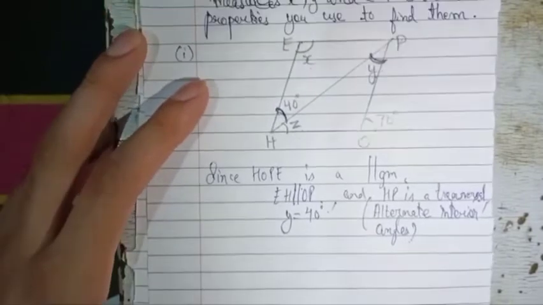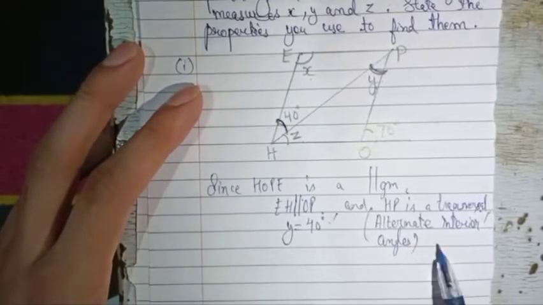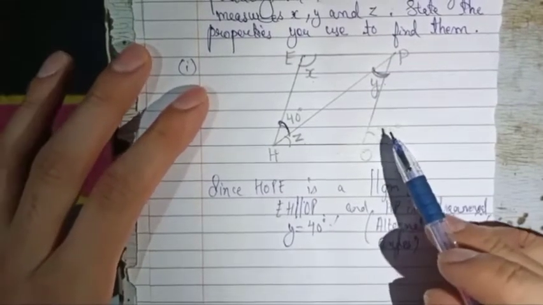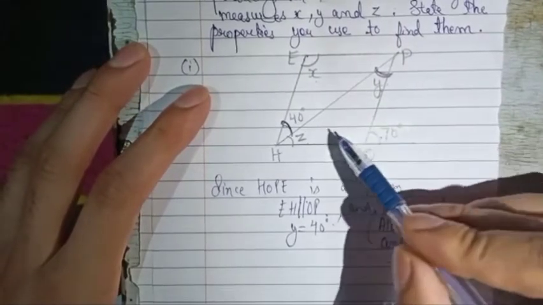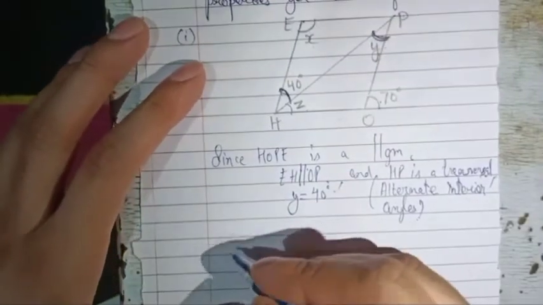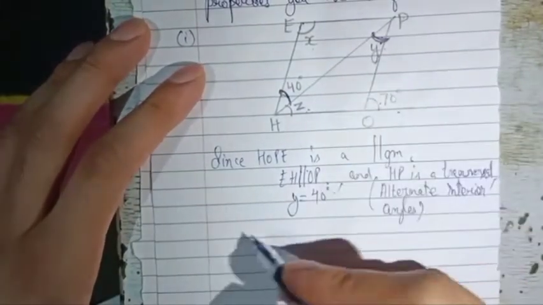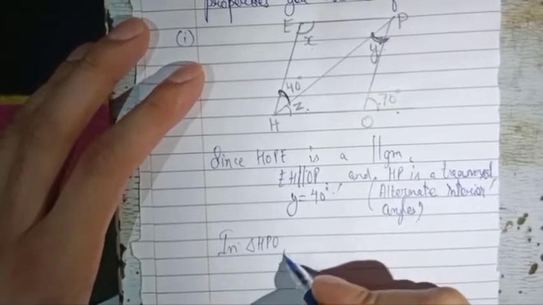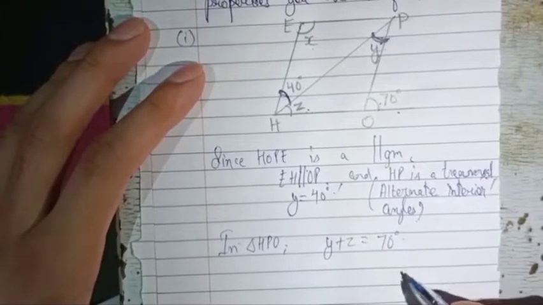Now Y equal to 40 degree is Y, the value of Y we have calculated with the property of alternate interior angles. After this we will apply the exterior angle property. According to exterior angle property, the exterior angle is equal to the sum of two opposite interior angles. So therefore Y plus Z is equal to 70 degree. So you will write here in triangle HPO, Y plus Z equal to 70 degree, and here you will write